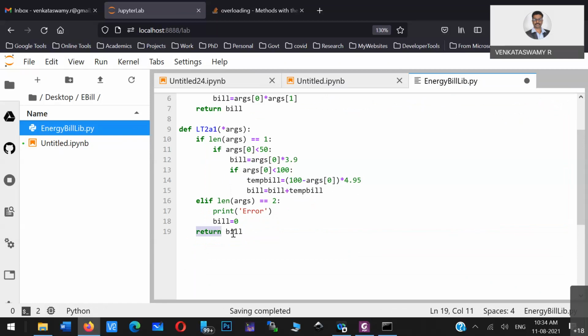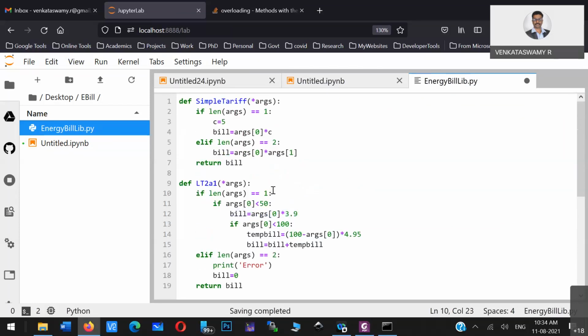And the return value I'm trying to return is bill. If it is less than 50, then simply we are calculating and just trying to return that particular value.